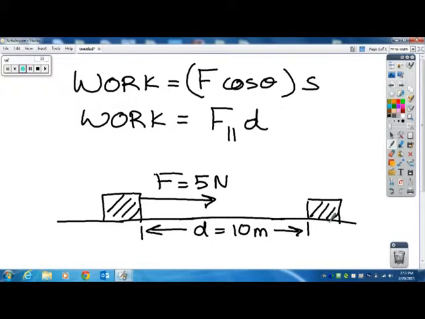Well, you're going to say, the work is being done by the force that's depicted in the picture. That force is parallel to the displacement. That force is towards the right. The box is moving to the right. That means that force is responsible for doing the work that caused the box to move. So if you were to calculate the work that's being done, you'd simply say,